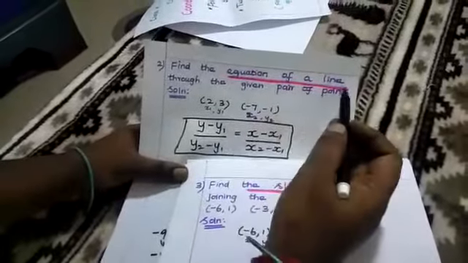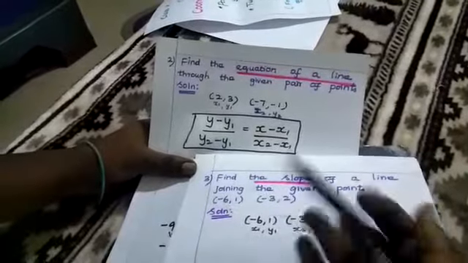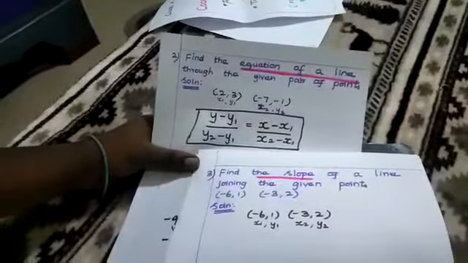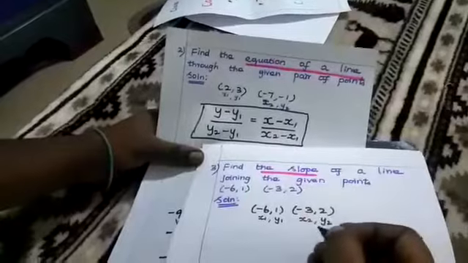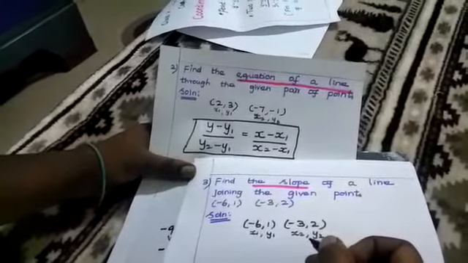Here, find the equation of a line. Here, find the slope of the line. Some may misunderstand this concept and they may find it wrongly. So that's why I have included this sum also here. So you should read the question repeatedly and then only you should answer. So here 2 points were given. So for finding the slope, not finding the equation of a line.